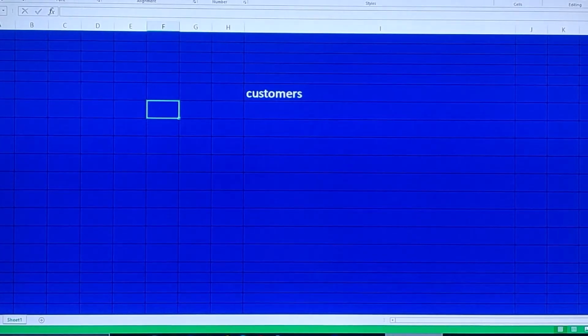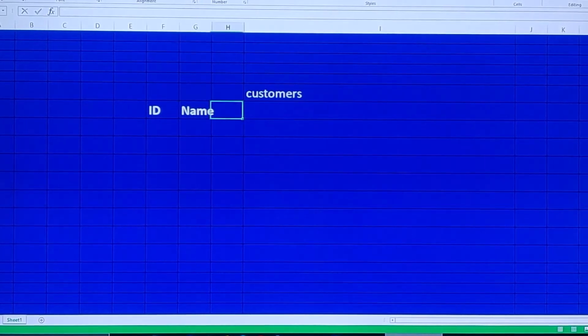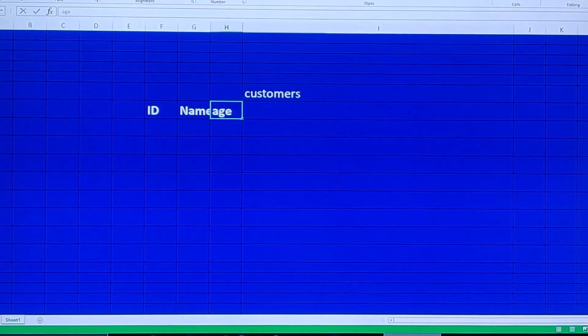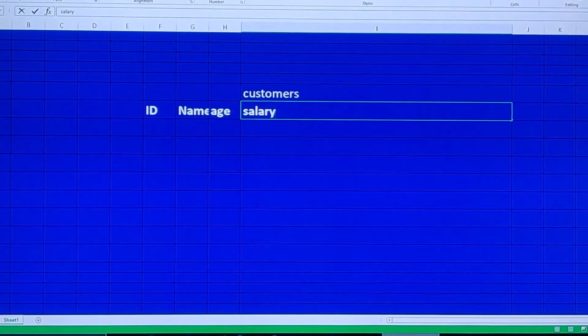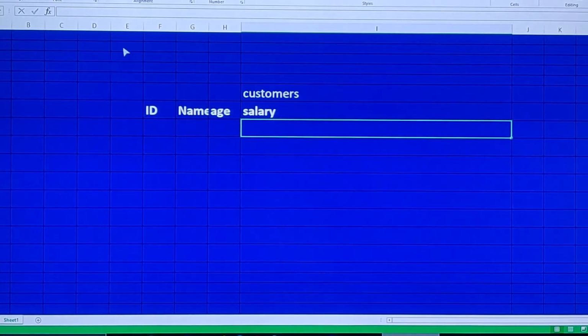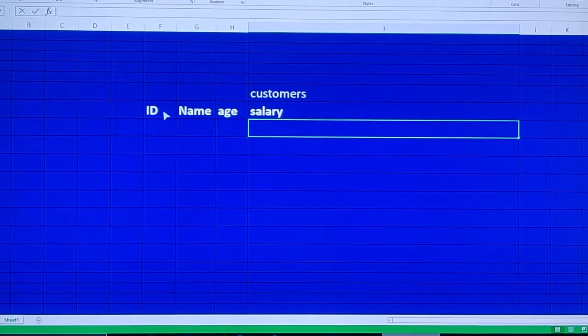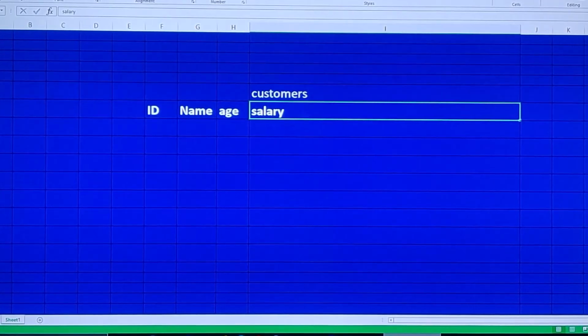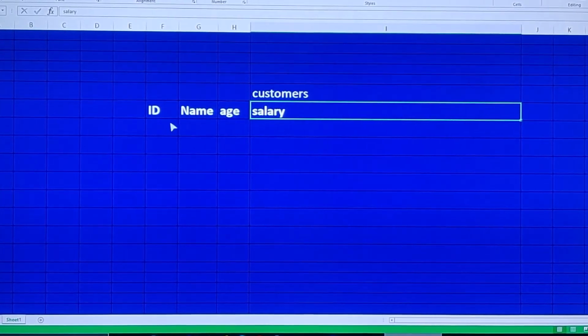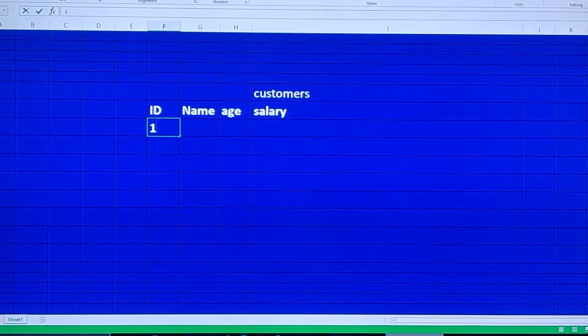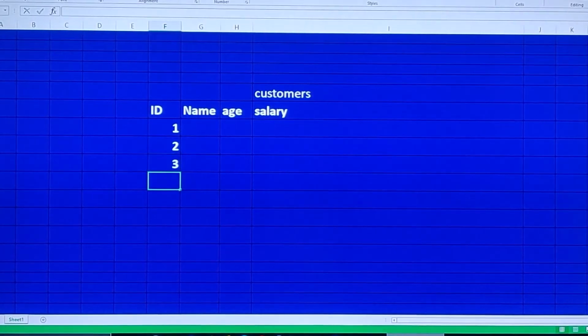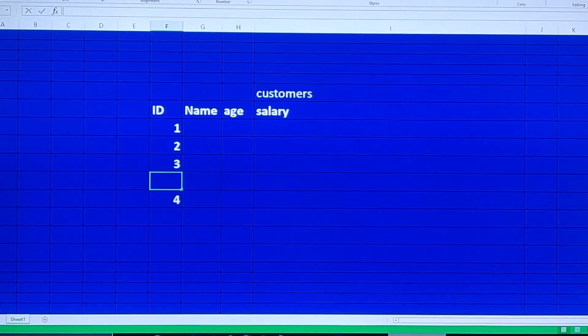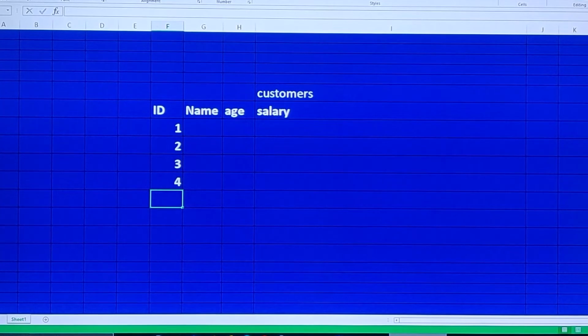Let us have an ID column, the name column, and after the name we can keep age and then salary. So consider like this: the customers table is going to have 4 columns, guys. In these 4 columns, let's assume that there are the below 4 data sets. So totally we are having 4 sets of data.